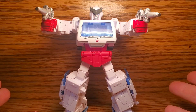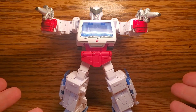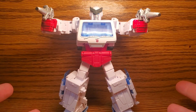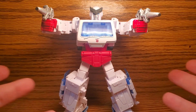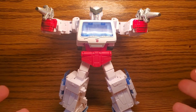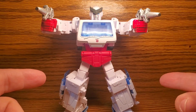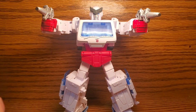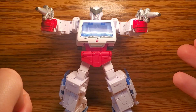Let's keep it real. I don't think the issues that I have with this figure should prevent anyone from getting it. This figure was pretty widely available, so I do really like it, and think that any G1 fan or Ratchet fan would like it as well. However, I do issue a warning, because we do know that some of these A, white, and B, clear plastic heavy figures are known to degrade over time. But if that doesn't dissuade you, or you like Ratchet, or you like G1, or you like Transformers 1986, or you like Transformers in general,